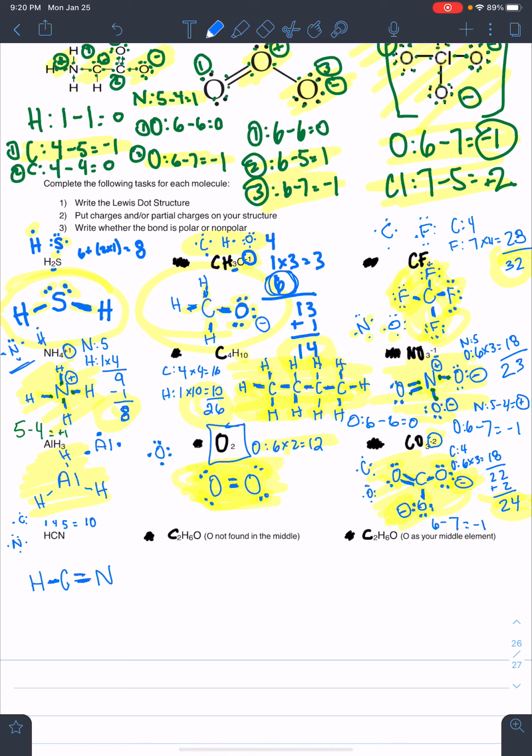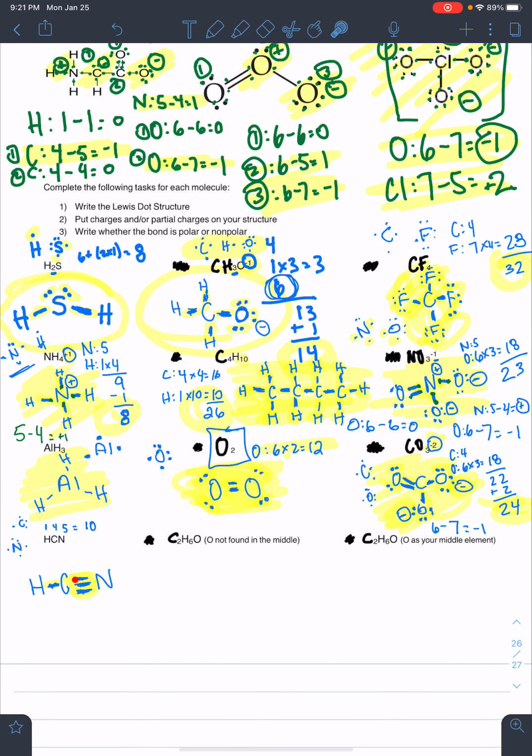So if we add in this and make this a triple bond, then we can see that carbon is now bonded to 1, 2, 3, 4 things, and nitrogen is now bonded to 3 things. Now carbon has 2, 4, 6, 8. You can see this 2, 4, 6, 8 valence electrons around it, so that works. Nitrogen just has 2, 4, 6 around it, so we need to add in a lone pair to make it